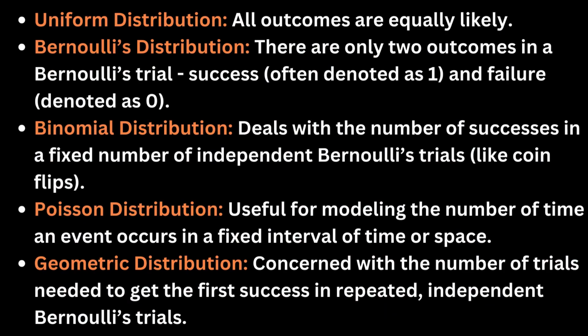First is uniform distribution. In uniform distribution, all outcomes are equally likely. Second is Bernoulli's distribution. There are only two outcomes in a Bernoulli's trial: success, often denoted as 1, and failure, denoted as 0. Third is binomial distribution, which deals with the number of successes in a fixed number of independent Bernoulli's trials